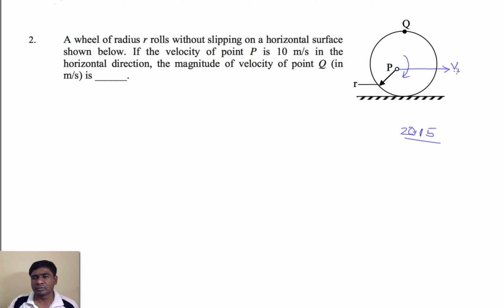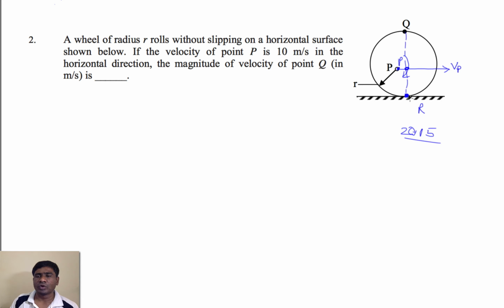The velocity Vp is given, and he also mentioned that this is making pure rolling. Whenever it's rolling without slipping, if I consider this as point P, and this as point r,